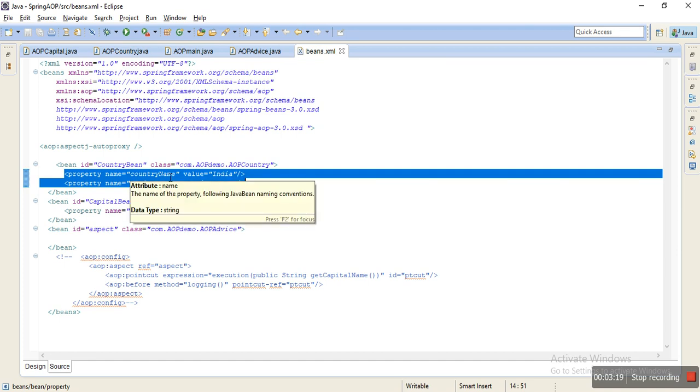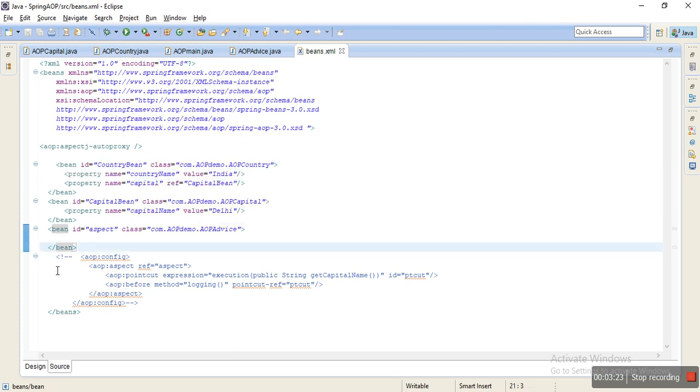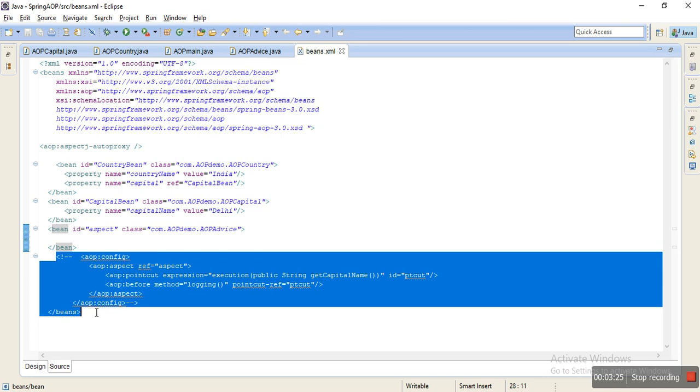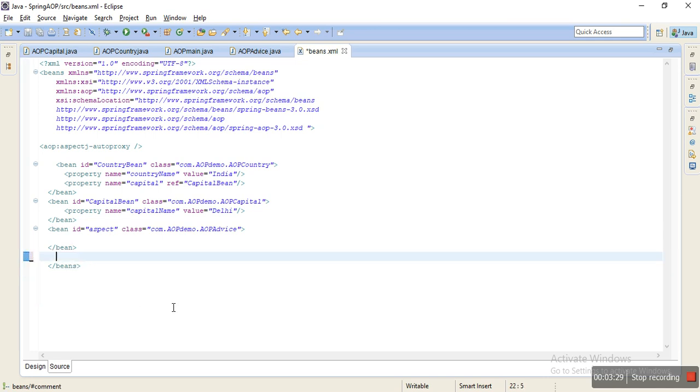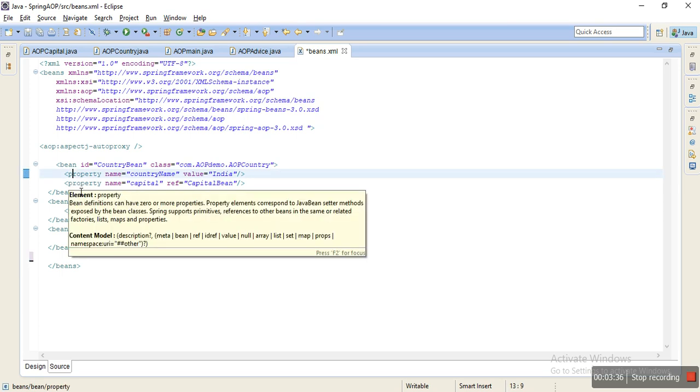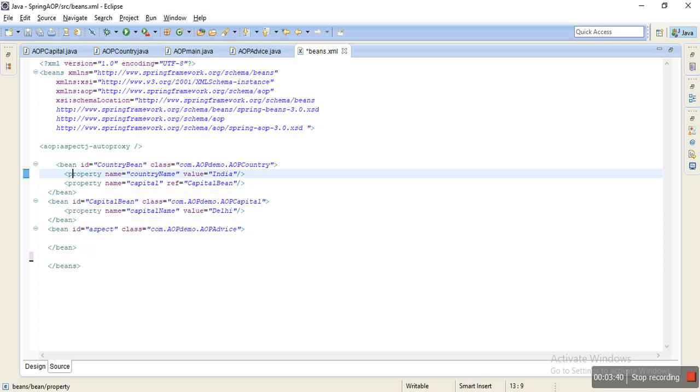If you were having constructor based, instead of this property you would have the no arg constructor one. So that is your beans.xml.